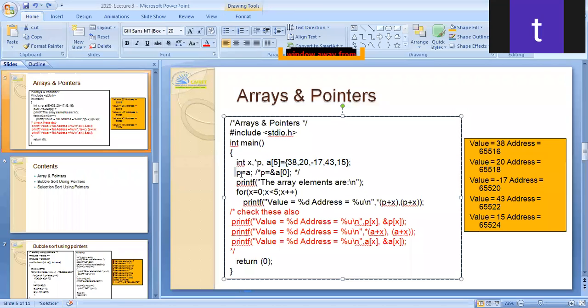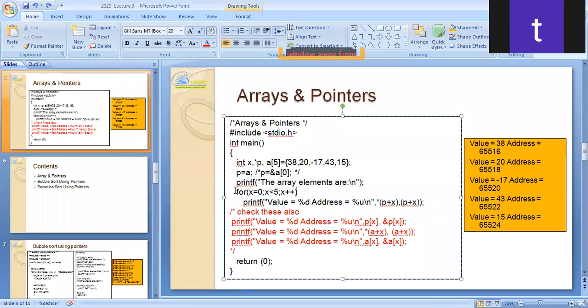Understanding? So for that, first I will assign p is equal to a. P is a pointer variable which contains the address of the first variable. Here you see no index is given, so p is equal to a means it will point only to the first. So p will contain the address of the first variable. So that is p is equal to a. Now you have to go with printing the array elements with their values and address.